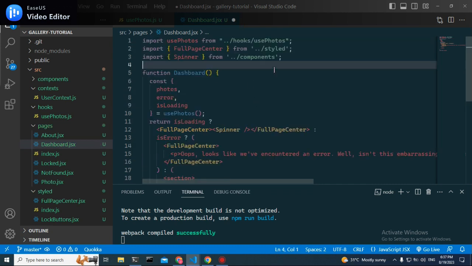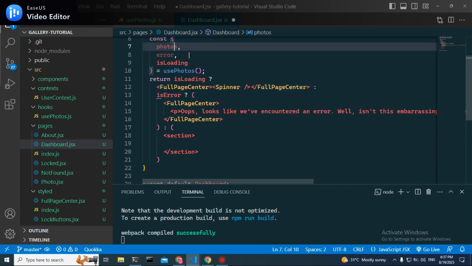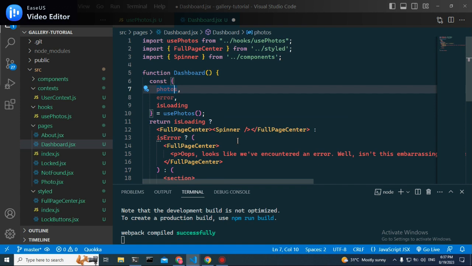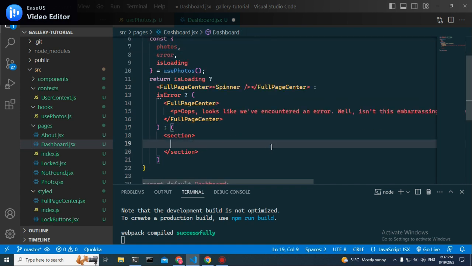Okay, photos error. Okay, so what else we're gonna need before everything is a title here? Let's say dashboard gallery,